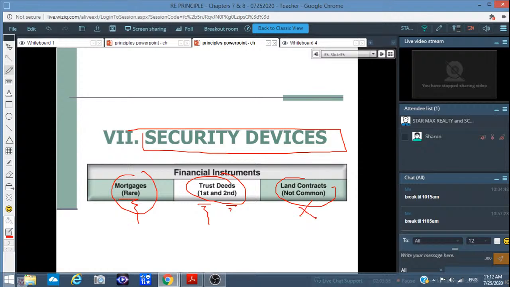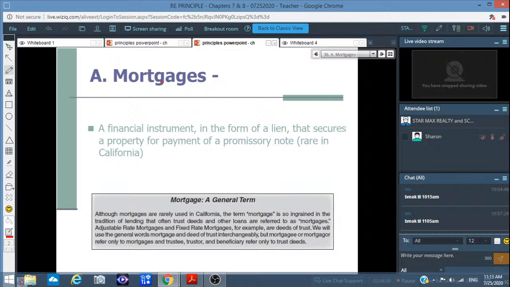Land contract, not common. We used to have land contracts way back. There are three ways to do a mortgage security. Mortgages are one way, used in the East, but not here in California. In California we use what is called a trust deed. A land contract does not transfer title until it is paid off; these are not used anymore, they were used in the past when there was no lending. I'm going to glide through mortgages because it doesn't really apply to us, but you have to know these. Mortgages, we'll go through quickly, because we don't use them, but the exam still tests you. A financial instrument in the form of a lien that secures property for payment